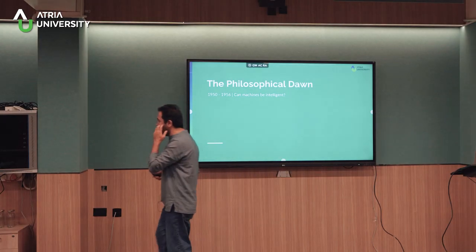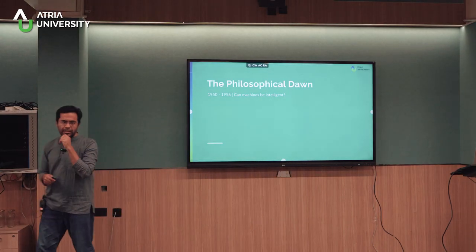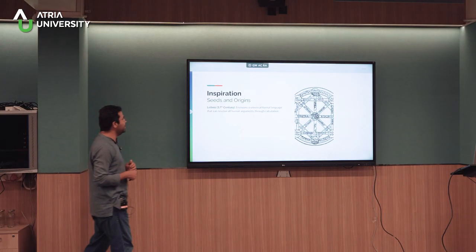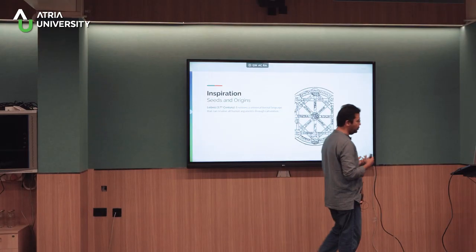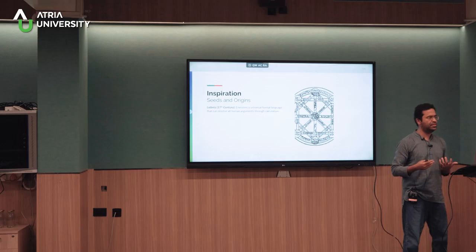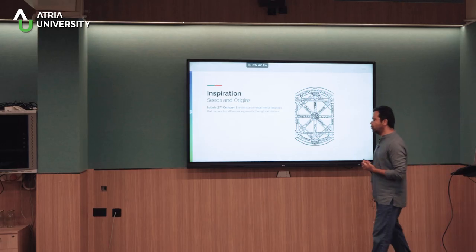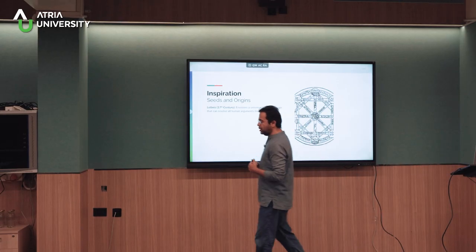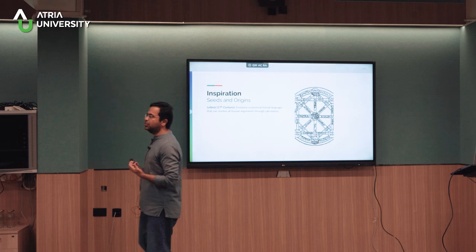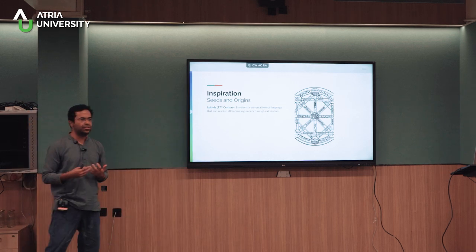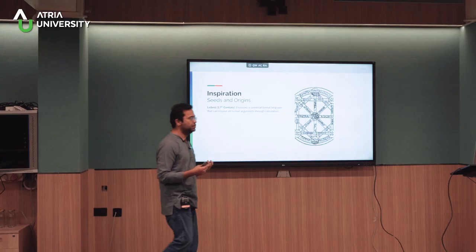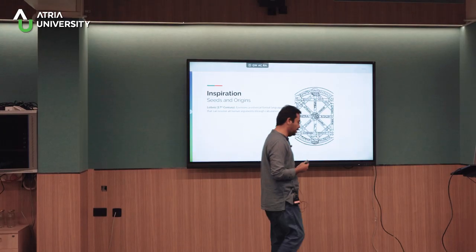Okay, so let's start with the first era. Right? Now, the history of the first era can actually be traced much, much further back, to a German mathematician called Leibniz, who also worked on a variety of problems. But he was the first person to kind of ask the question: can there be a universal language for science and math? A universal formal language.